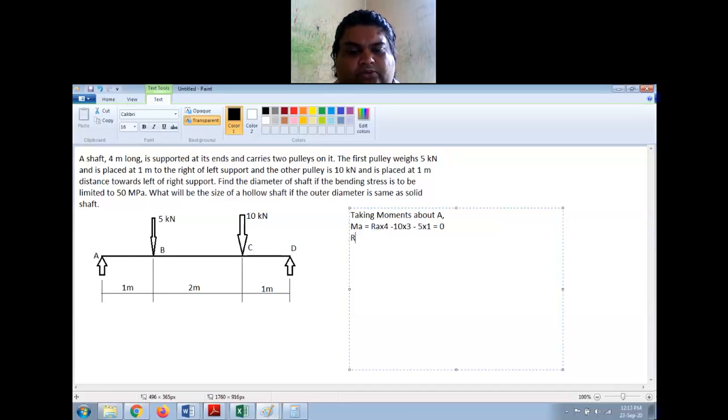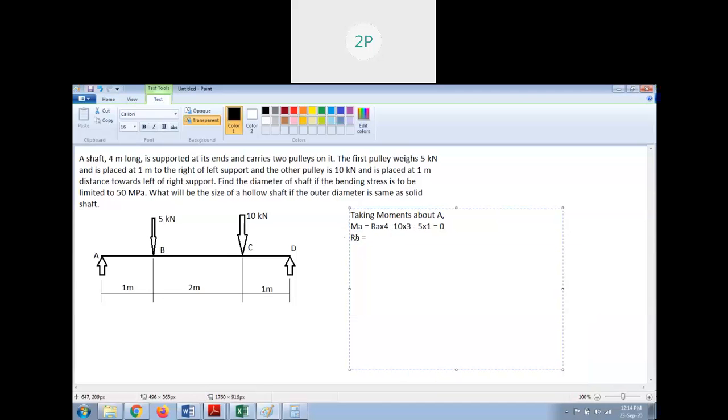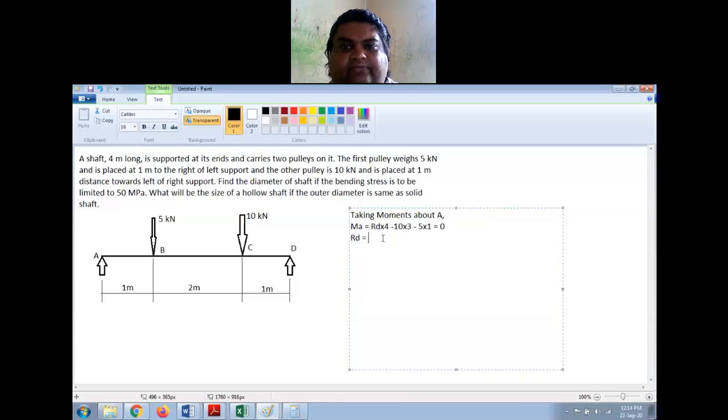Now when you solve this, you get RA. Sir, yes, sir, we are taking moment about A. So RD will become... yeah, sorry, I wrote RA, is it? Correct. This is RD, not RA. I was thinking RD and I wrote RA. I'm sorry. Yeah. RD is 10 into 3 plus 5 divided by 4. So 8.75